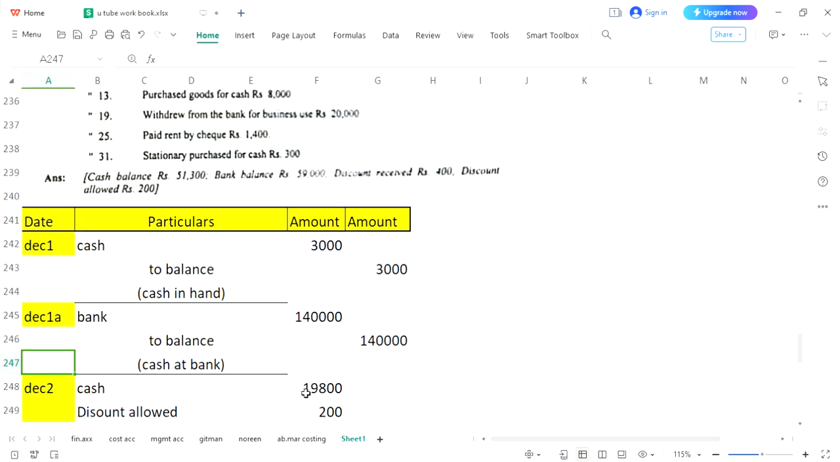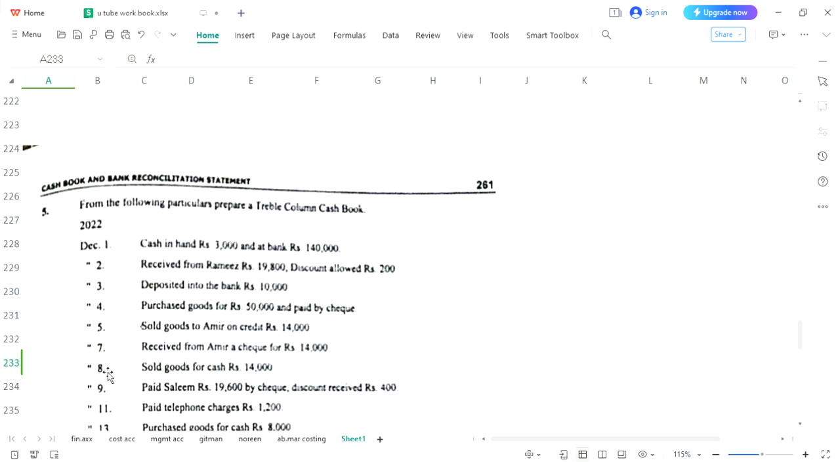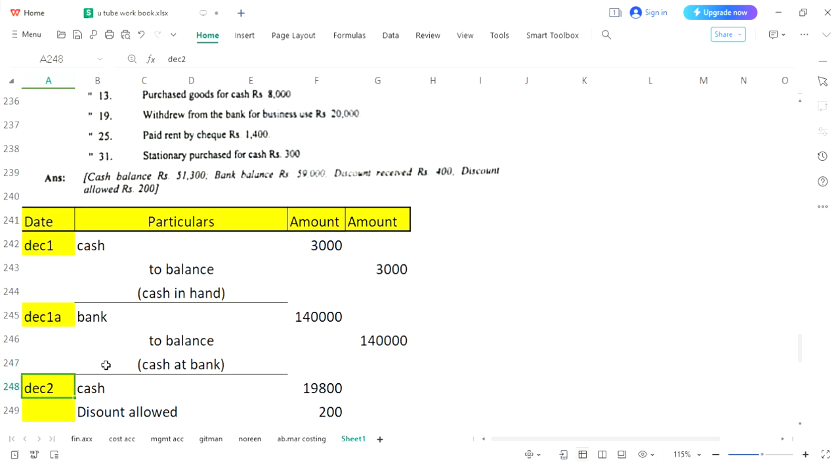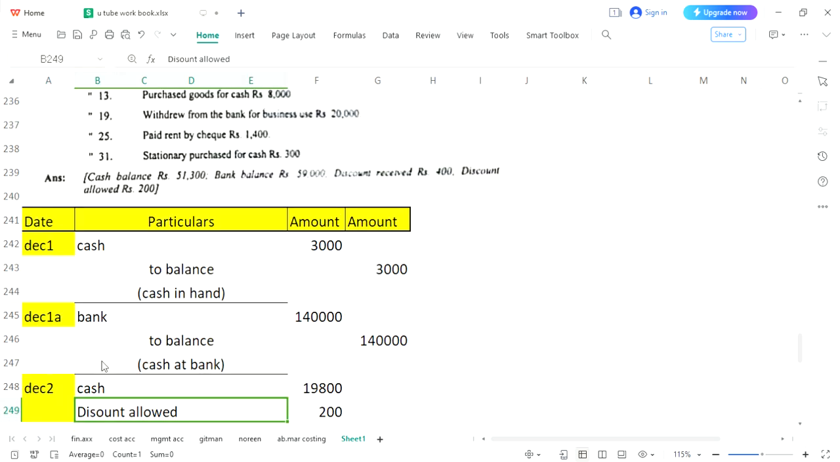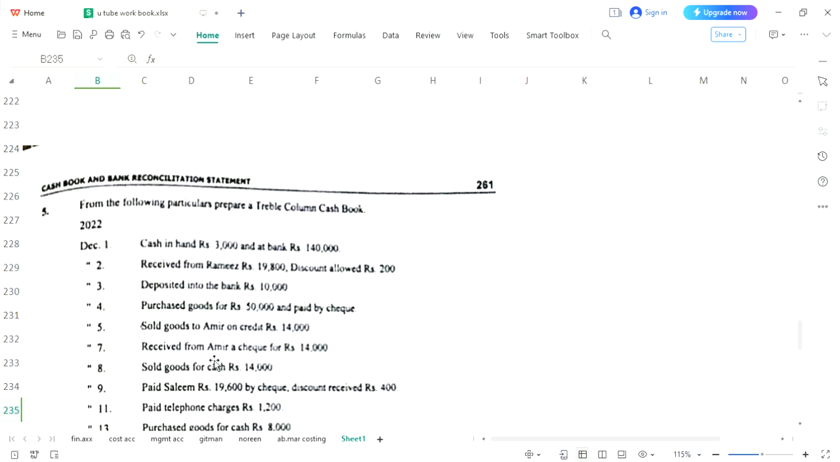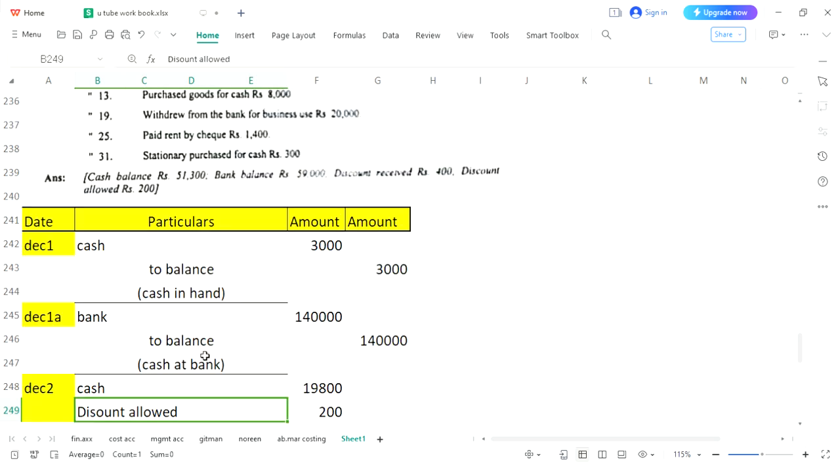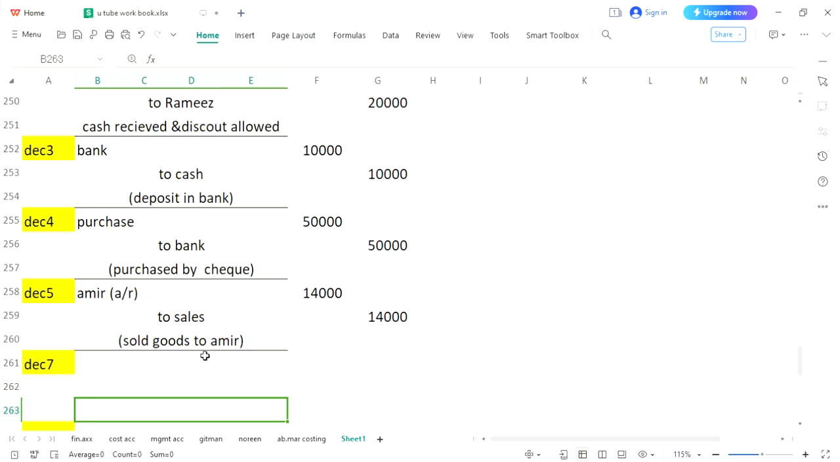Now let's see what is after December 5. It is December 7. Let's put the date December 7 and it is saying receive from Amir a check. Please note we have just received. We have not banked this check. That means only check has been received. So we will mention it check